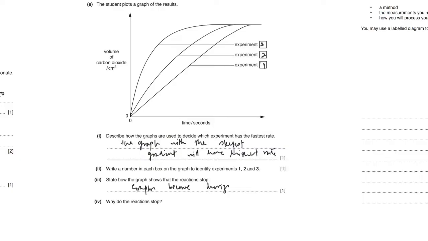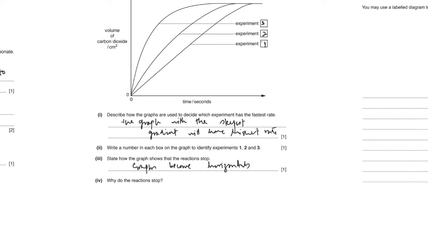Now, why do the reactions stop? Often students answer this as: because the reaction is finished. But that means the same thing. The answer is that reactants are consumed, but you cannot just say reactants. You cannot use the excess reactant in this answer. You have to use a reactant which is not in excess. For example, we know that calcium carbonate is in excess here, so you will not use calcium carbonate. You will say that the reactions stop because all the hydrochloric acid has reacted.